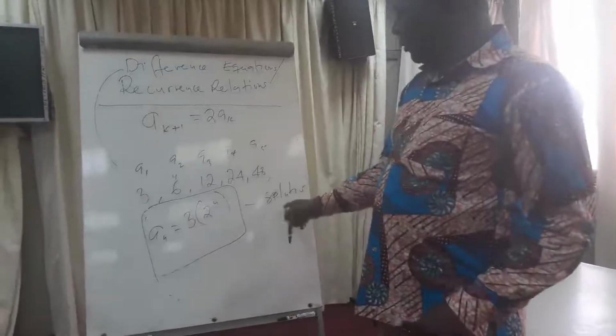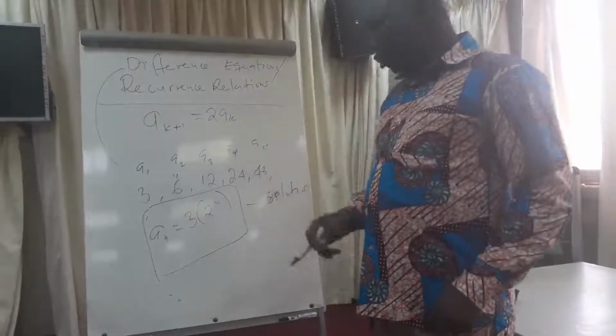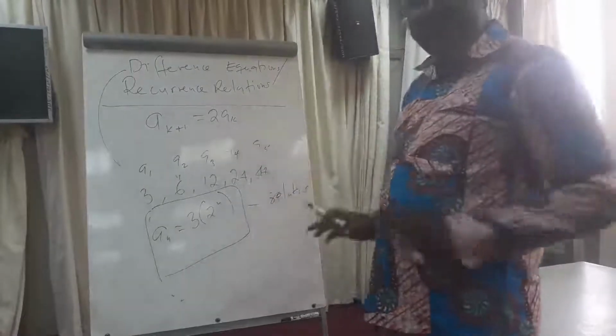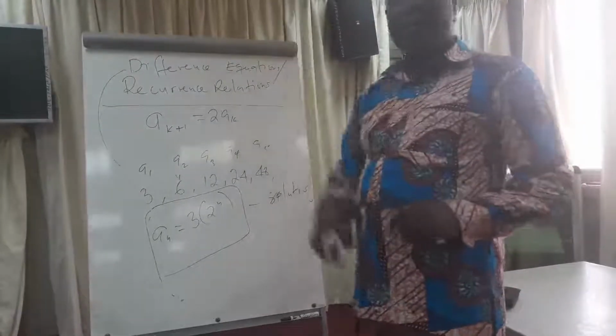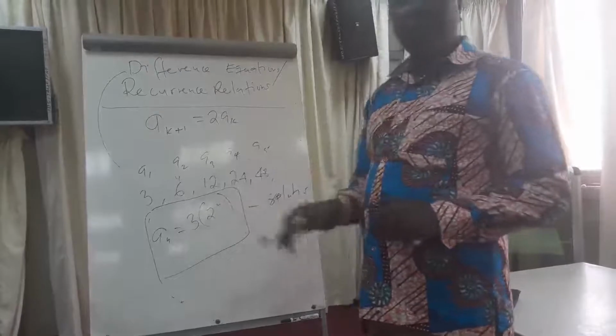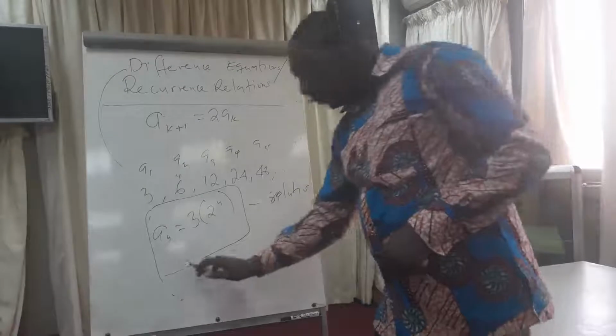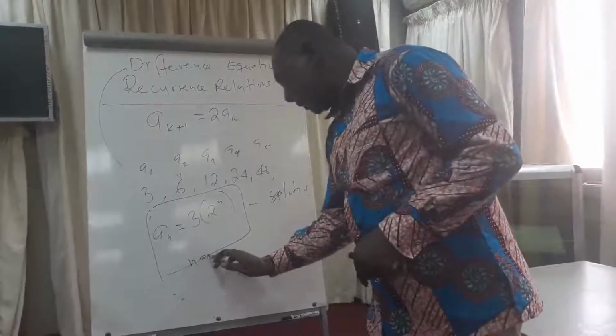It's a solution because, if you know your n, you don't need the previous term to be able to calculate your nth term. So for instance, if you want to calculate where n is equal to 100,